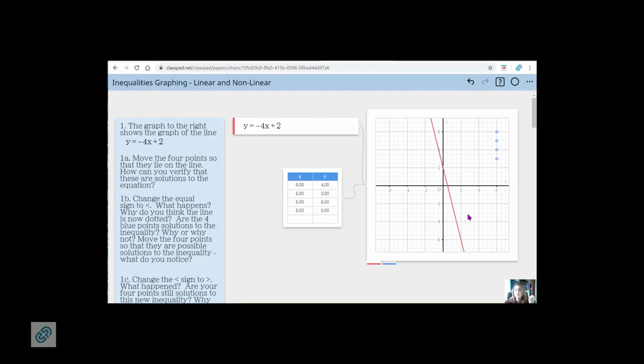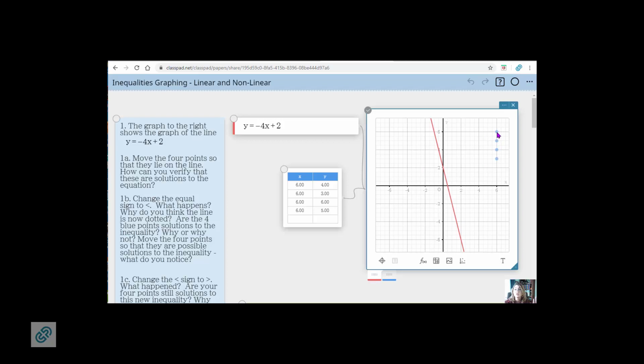So here's this linear equation. By this time, students have worked with linear equations, and then there are 4 points, and the first thing they're supposed to do is find some solutions to this equation that work. Hopefully they understand that if they put the points on the line, then this would be a solution. To show it, they could simply substitute in. So if I put in 4 for y, and -4 times -0.5 is 2, and 2 plus 2 is 4, so that's a solution.